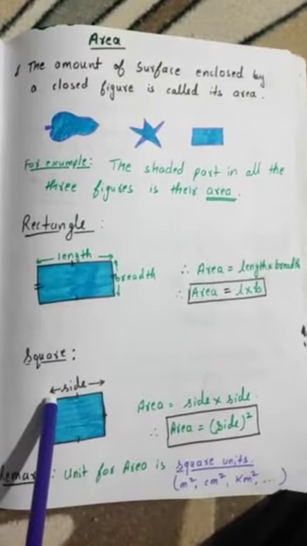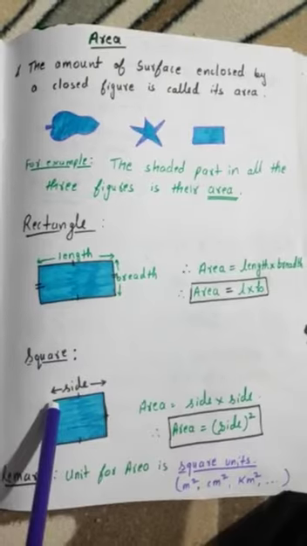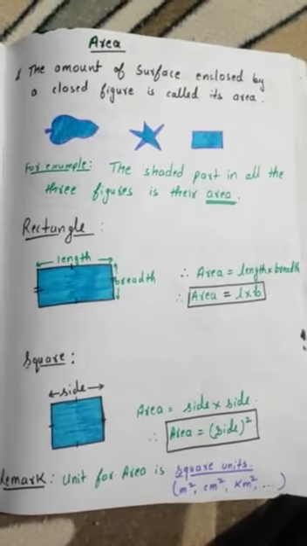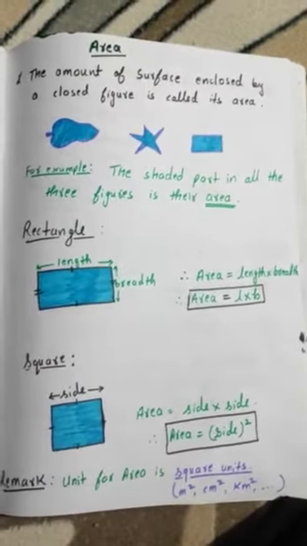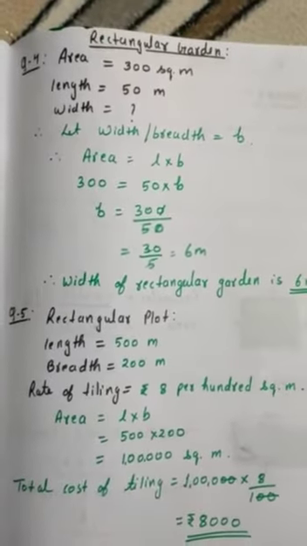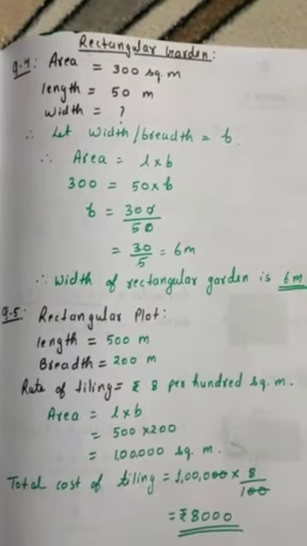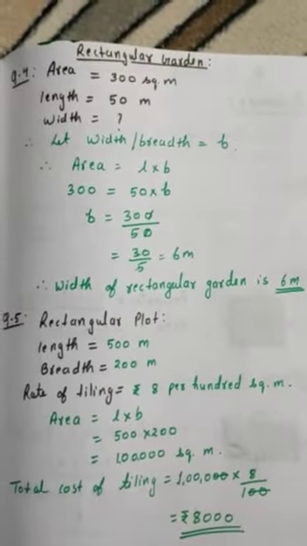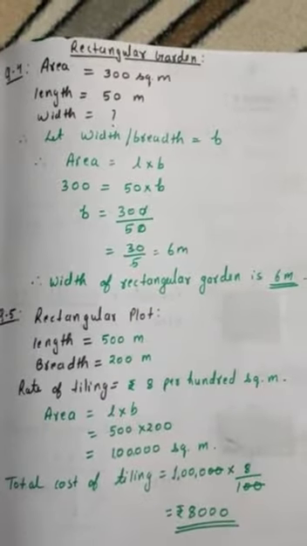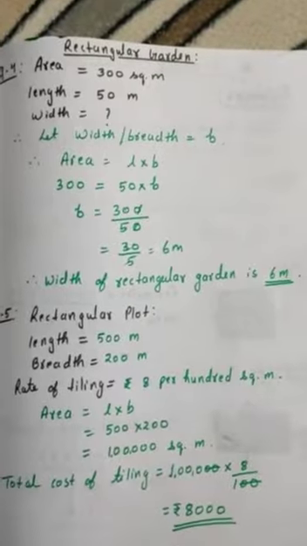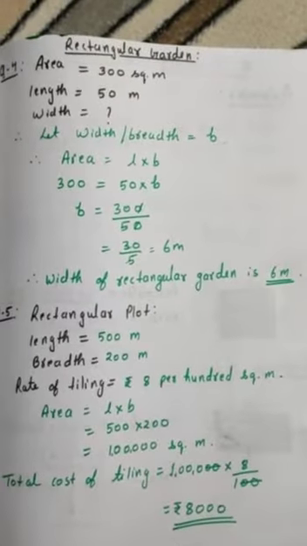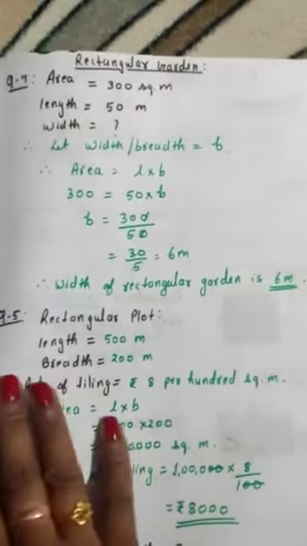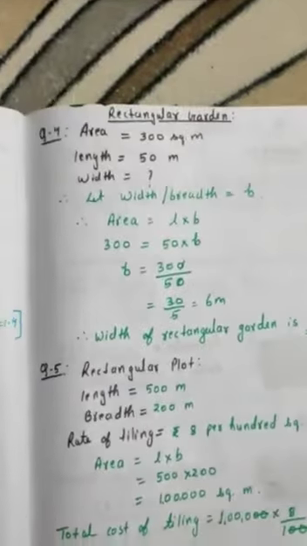We have already started exercise 10.3, and 10.2 also I have explained in online class. We did a few questions and will continue with exercise 10.3. In the first question we had to find the area of a rectangle, and in question number 2 the area of a square. Question number 3 is to be done the same way, so I have not done that. That question was for homework.